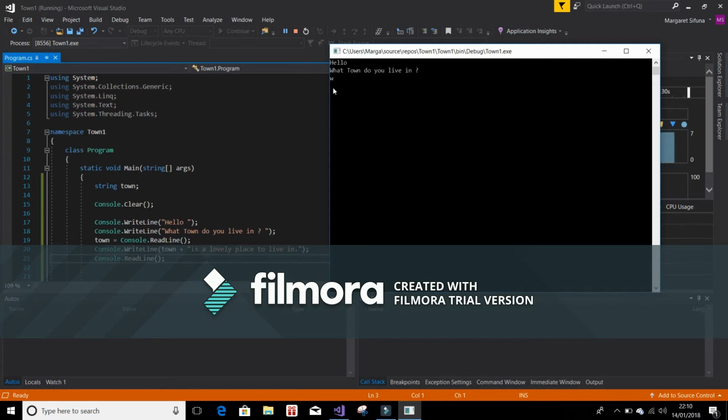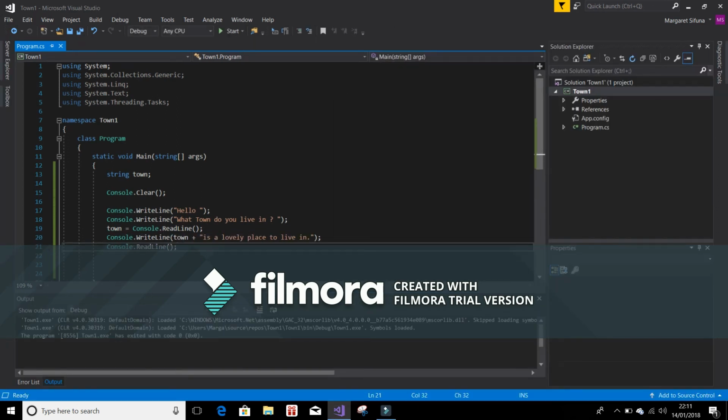to input something. So in this case I'm going to input Wickham. And when I hit the enter button, you notice that the last bit will be displayed, which means town plus. So the town, which is what the user put in, plus "is a lovely place to live in," is displayed at the bottom. As you notice, the cursor has jumped down because we've asked it to read the line. So when I hit the enter button, the program ends because there's nothing else you're asking the console